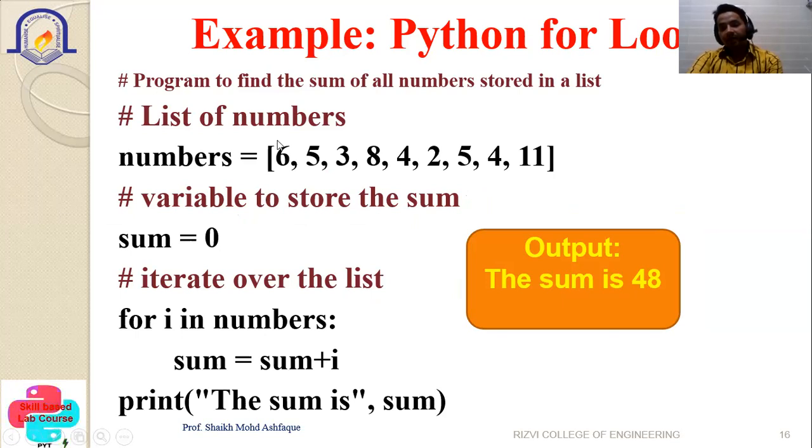It will take the first data 6 and perform the addition, then take the next data 5, then 3, 8, 4 up to 11, and all the summation will be performed and stored in the sum. Once it is finished, it will print your sum. Here you can see that there is no increment or decrement operator. By default it goes one after the other. Once no more data is available, it returns and displays the result. You can use the for loop in that scenario. We do not need to use increment operators, as it is automatically incremented one by one.